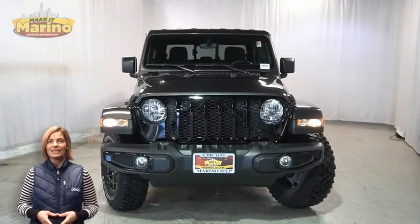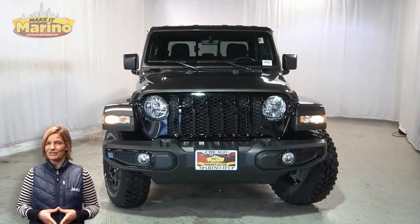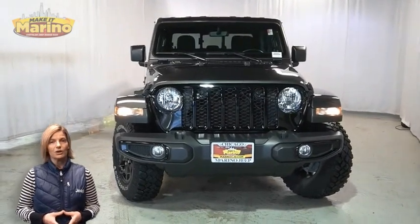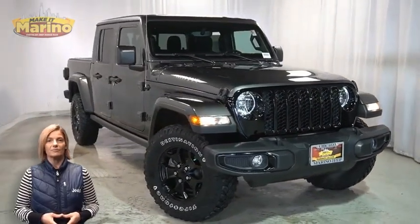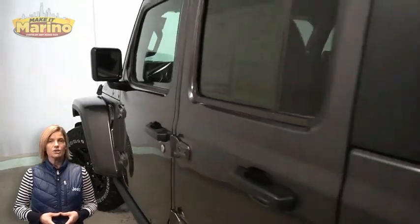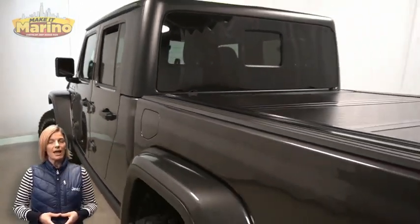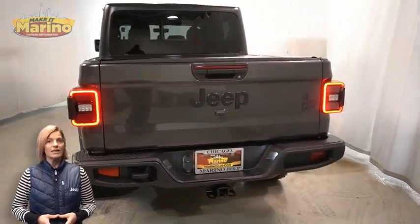Power, performance, capability, and capacity allow you to take this on and off-road as you take on new adventures. Take a look at this certified pre-owned 2021 Jeep Gladiator WILLYS in granite crystal metallic. With automatic headlamps, front fog lamps, 17-inch aluminum wheels, blind spot and crosspath detection, black 3-piece hardtop, LED tail lamps,